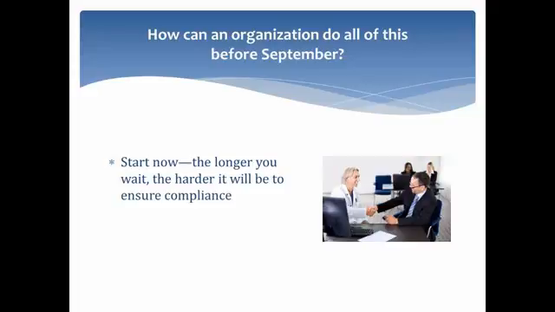If we look at the calendar, we're in April, and it seems like from April to September, there's a long time. The problem becomes that in the summertime, it's pretty difficult in many organizations to get a lot done because of vacations and other distractions. And if you wait until July, August, or September, there's only 3 weeks in September from the beginning of the month until the compliance date.